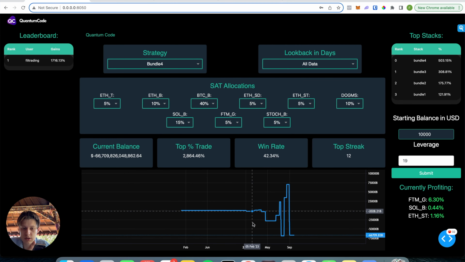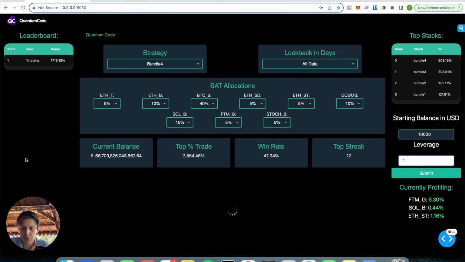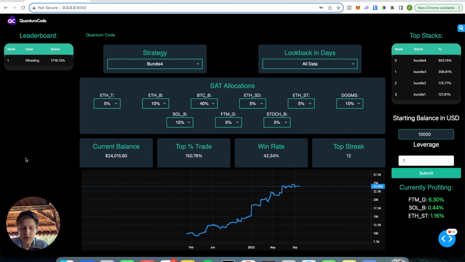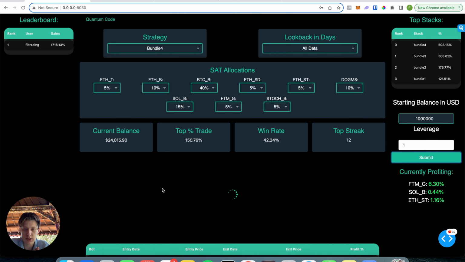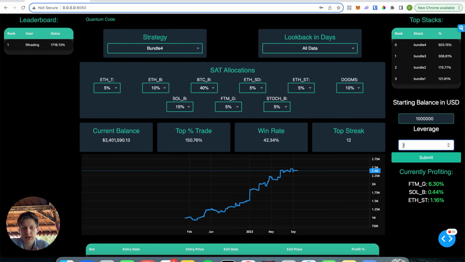Okay, so as you can see, it just broke down completely, and the reason that happened was because we did not manage the leverage, right? That doesn't mean that we can't use that leverage, but we need to manage it. So if you have a big account, right, if you trade with $100,000 or $1,000,000, right, then you don't have to use leverage and you don't have to risk at all. You start with that, and you get to $2.4 million, within like what, a year and a half or something, and you're fine. Like you're making $1.5 million or $1 million a year, and that's it. You don't need to over risk.